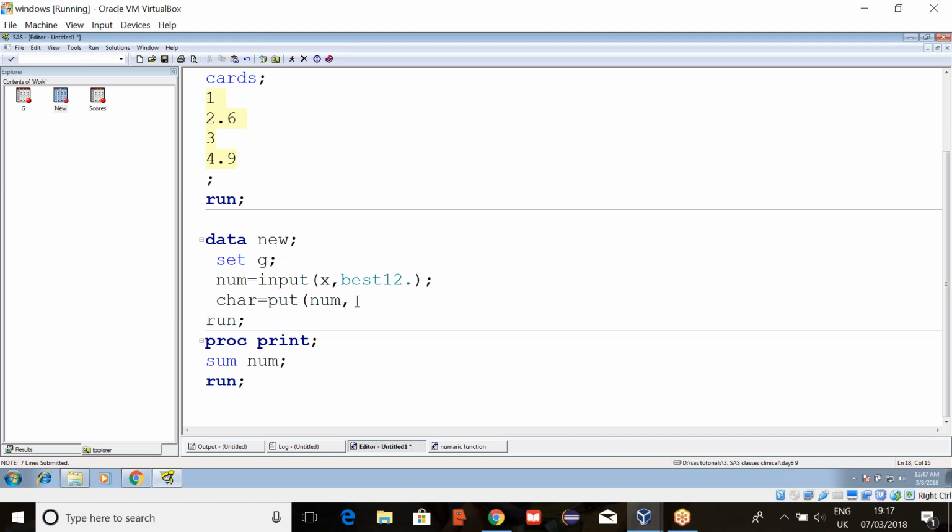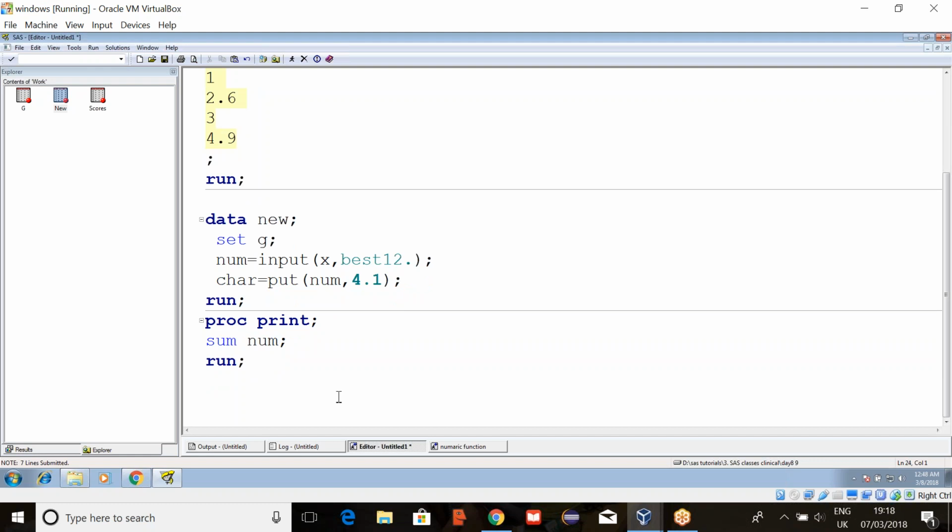Suppose here I give 4.1. The format equals w.d, width and then decimals. So total width should be 4 and after the decimal 1 digit should be there.